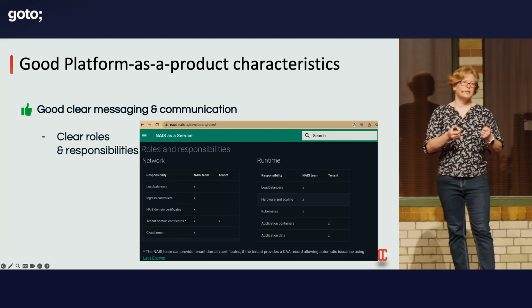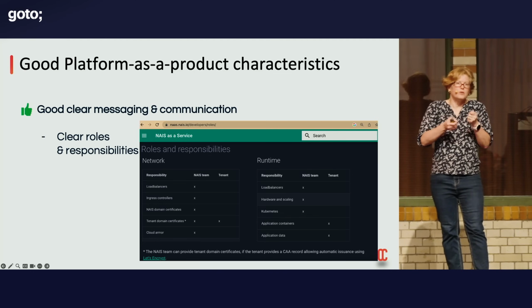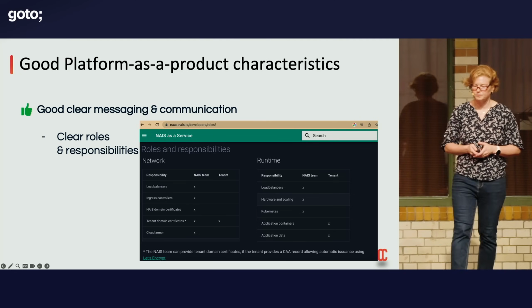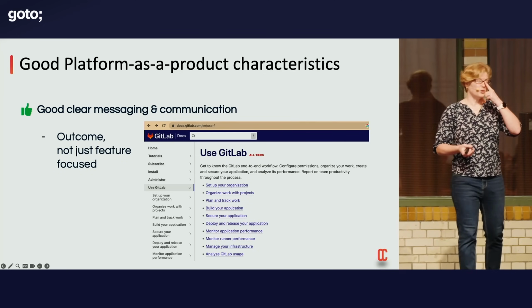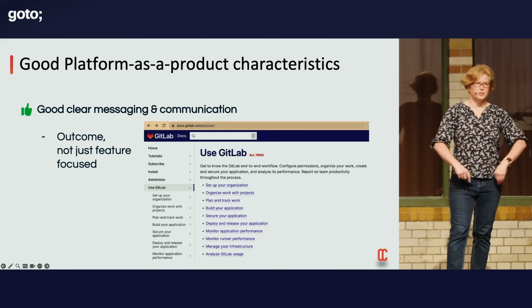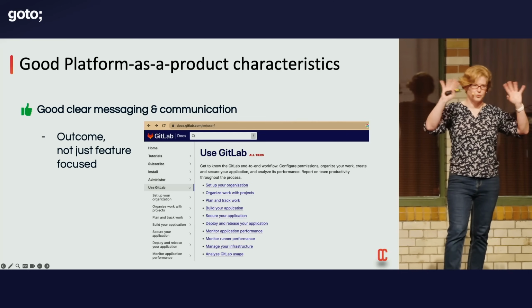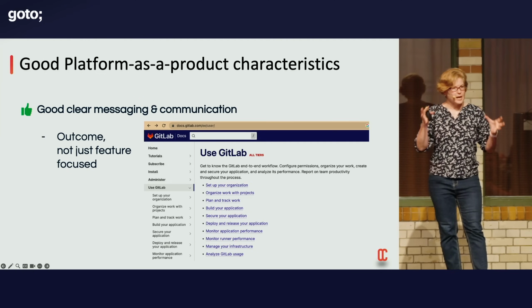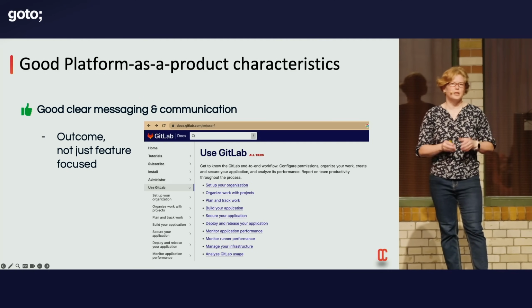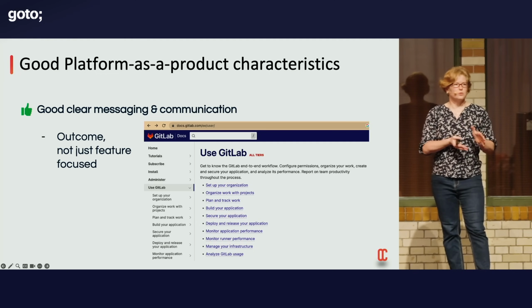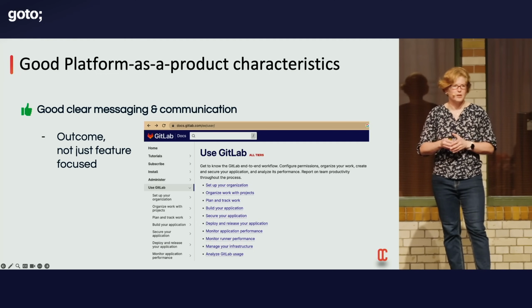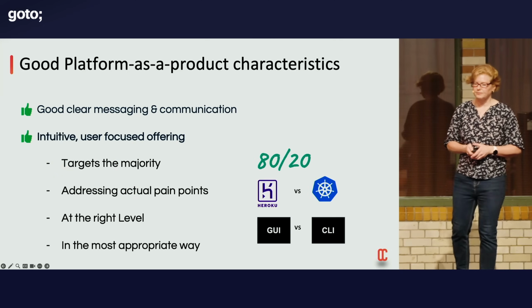And it helps people to understand where is my integration point or my interaction point with the platform. And as I said before, you don't just want to have Confluence out there with a whole bunch of pages for all stuff platform engineering related. You want to say, what are the outcomes that people are trying to achieve, and actually create guided golden paths and instruction sets that will allow people to achieve their end outcomes in an easy way.